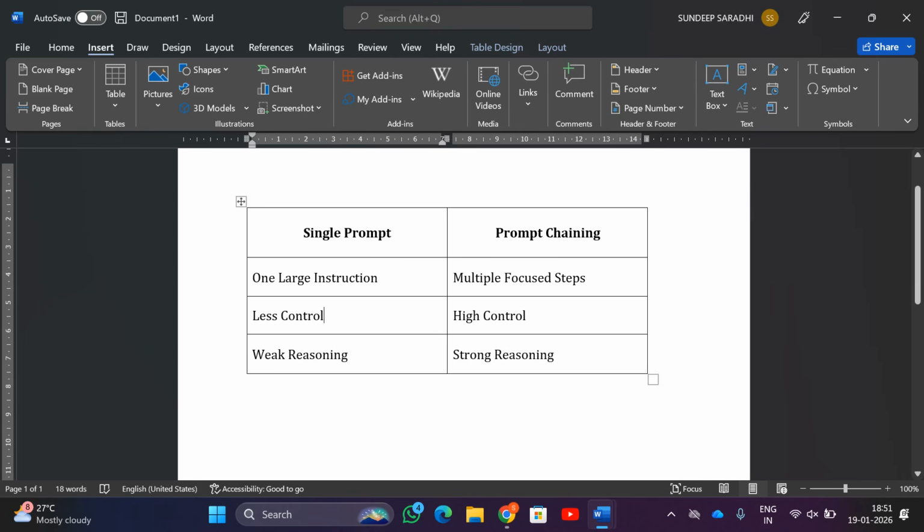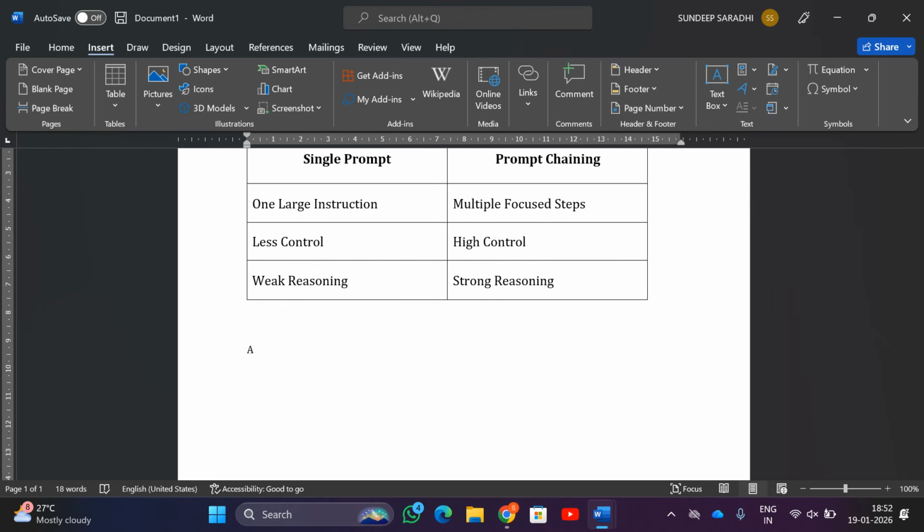So there might be some sort of not accurate content, right? So that is very less control on this instruction, and here it will be high control because the complete instruction will be divided into simple tasks. The complex task will be divided into simple tasks. So weak reasoning and strong reasoning, very strong reasoning, right? And the applications